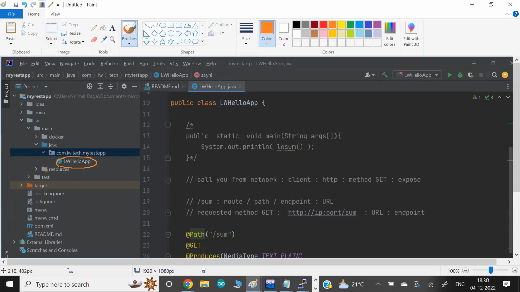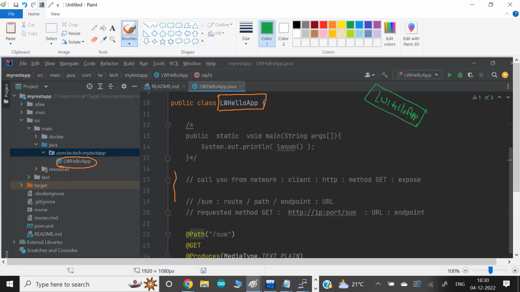And guys, in Java, whatever file name you give, the same name you give to the class. Okay, and when you compile this code, it will create one binary file, one executable file with the same name, Linux World Hello App. This becomes a file in binary. In the Java world, it's called a class.